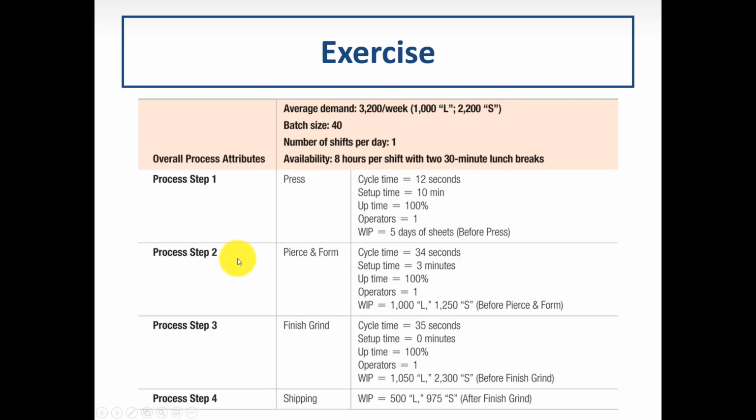Every step that we have, of which there are 4, is what is happening: pressing, pierce and form, finish grinding, and shipping. Each has its respective cycle time, setup time, uptime, number of operators, and stock or WIP. Sometimes that stock is expressed as days. I will clarify later on how to calculate that. Sometimes it is expressed as units, and we will need to translate that into time. So we have all this data,